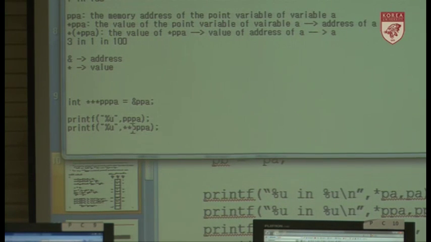It will actually be 1, because it's a little confusing, but PPA is this 1000, and star PPA is the value at 1000, that is 100, and star star PPA means the actual value in the memory at 100, that is 1. So it is 1. So similarly,